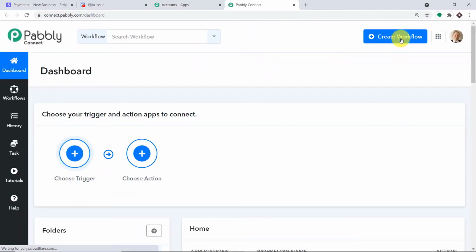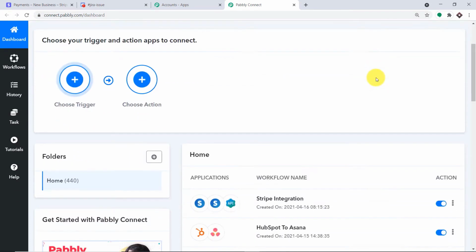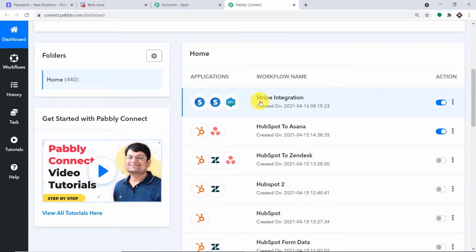Okay, so at the top right corner, you will find a button, create workflow. Now, before I create a new workflow, there is something I have to do. As you can see, I already have made a workflow of integrating Stripe and Discord. So let me just shut off this workflow. What I've done here is I've just toggled this to the left so that I can switch off this